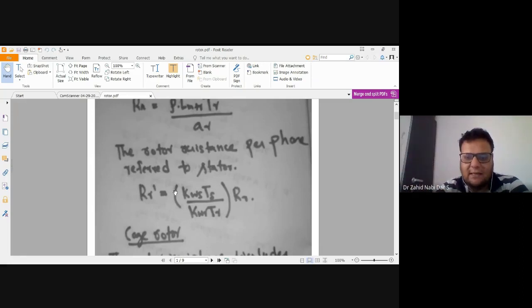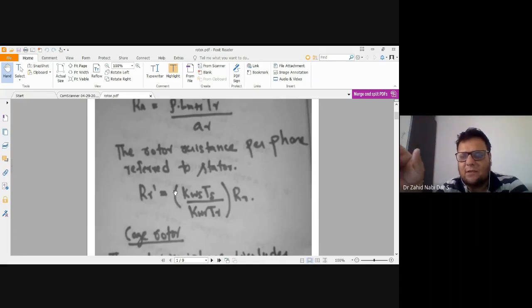Similarly here, your VS, or in other terms you can also write it as ES, VS or ES, same thing. Now we are only representing voltage. Voltage VS or ES you can write as NP by NS is equal to ES by EP. Only the terminology will change, but the thing will remain the same, whether you call it voltage or EMF.